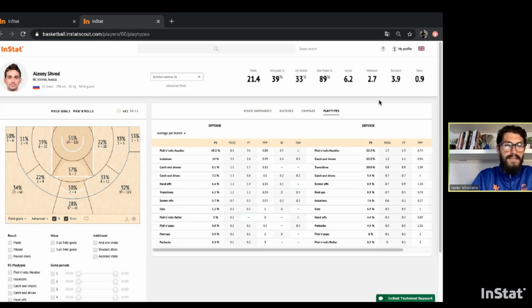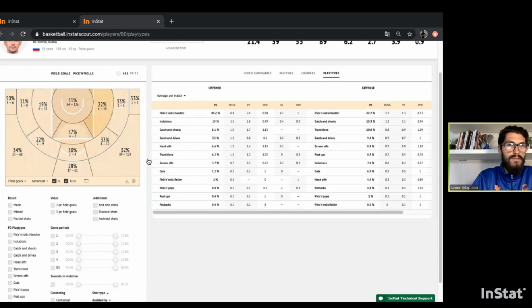Okay, like I said, if I don't know Svet, I think this is the first place that I will go to understand how a player plays. But now we know Svet, so we're coming back here to the field goals. So I will know if there's some balance between